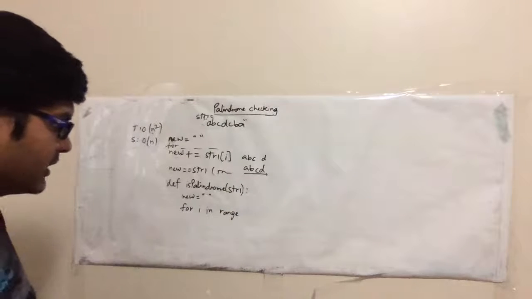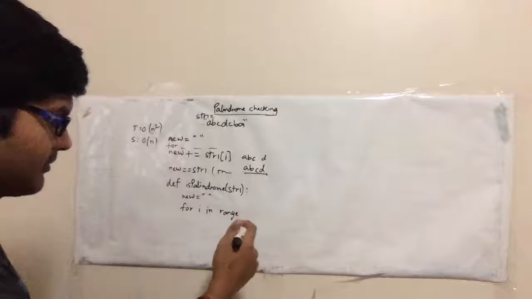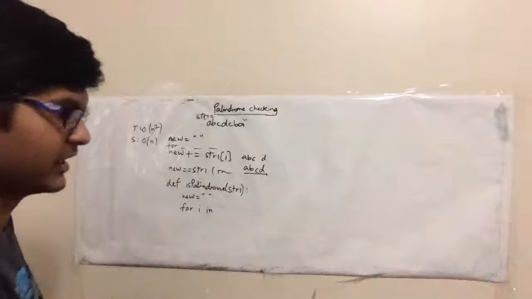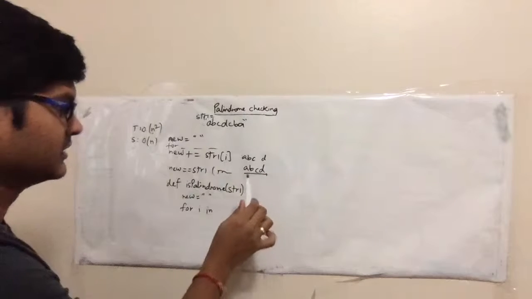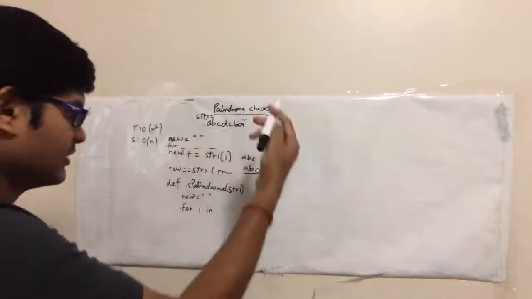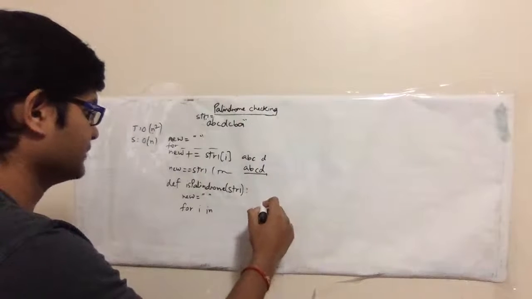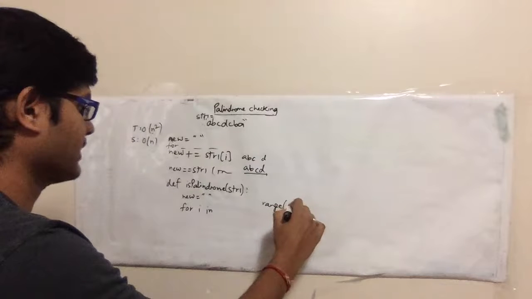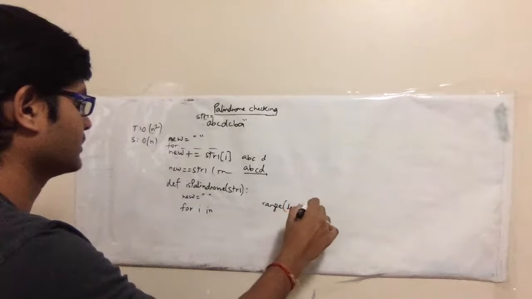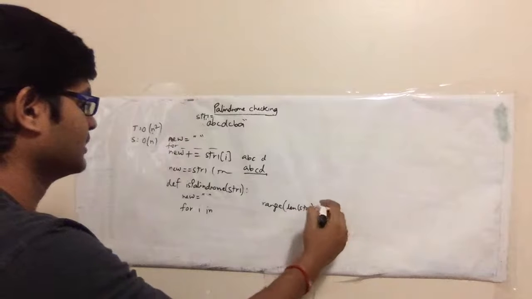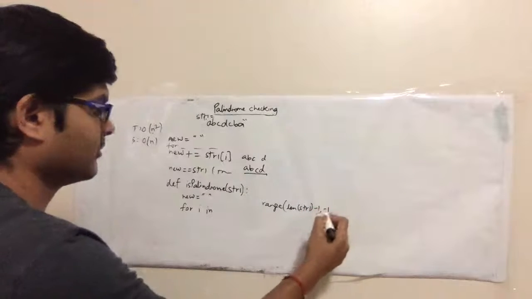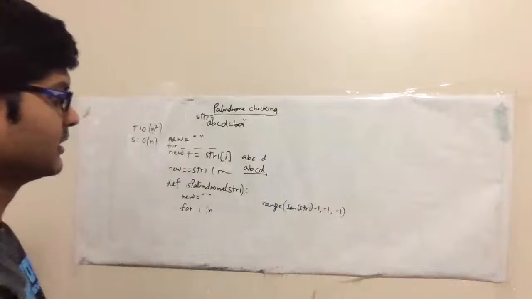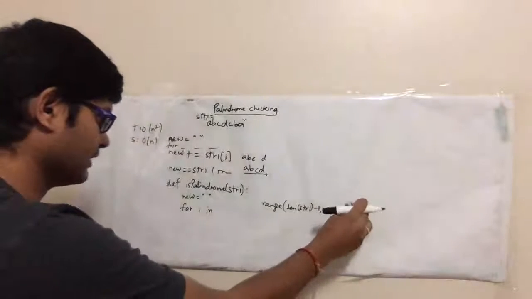Here, one thing: we can give two ways for stating that the index needs to start from back to front. We can give range of length of string 1 minus 1 and go up to 0, where the minus 1 is not considered, with an increment of minus 1. So we can tell it like this, or